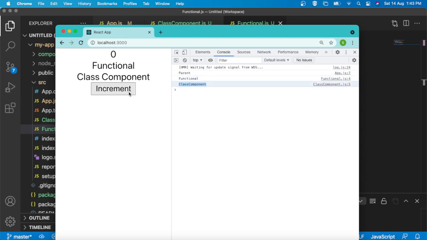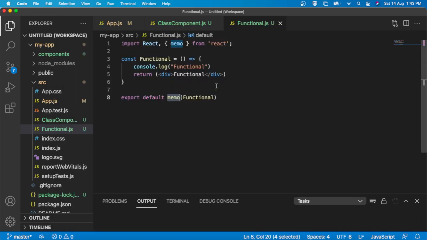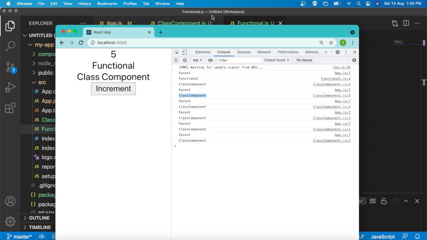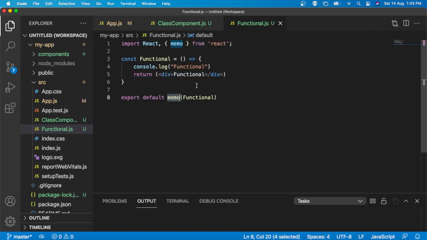Now if I increment the value, see, the parent component and the class component are rendered, but my functional component is not re-rendering, because there is no state or props change attached to this functional component, right? So we have avoided the unwanted rendering of our functional child component using memo.